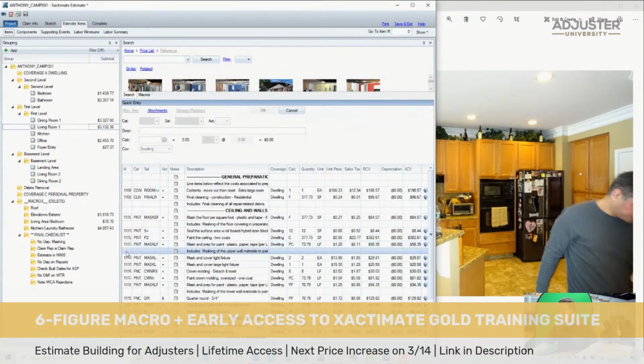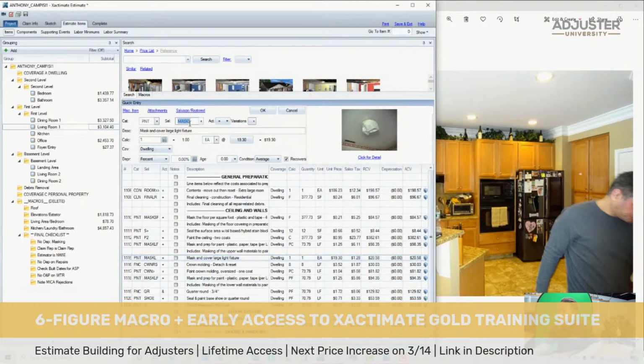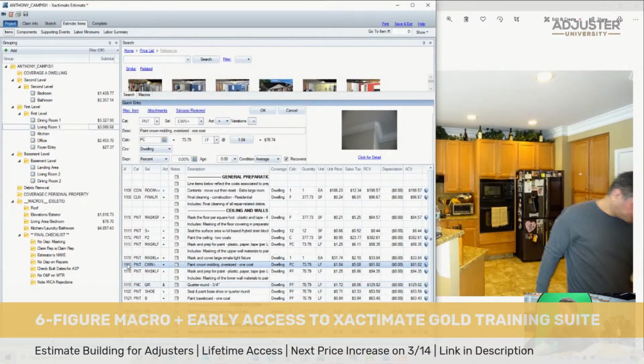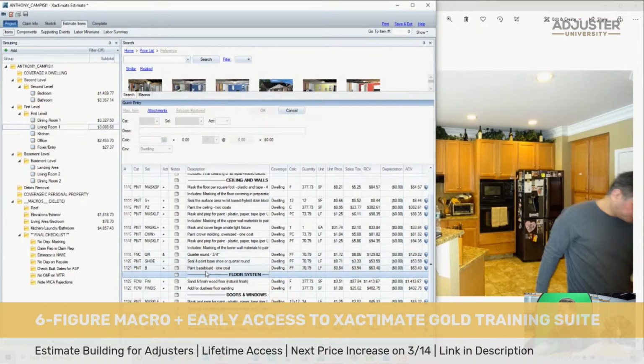All right, then we're going to mask the perimeter of the ceiling. We're going to only mask one light fixture, and we're going to make it a large ornate. We're not going to detach and reset any crown, but we'll paint the crown. And then we're going to do our basic quarter round replacement, painting that up, doing the floors. Then we're going to look at our door openings, okay? Door openings,